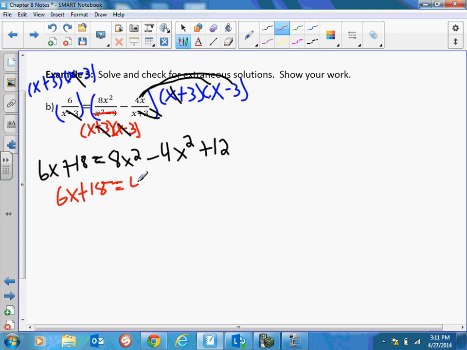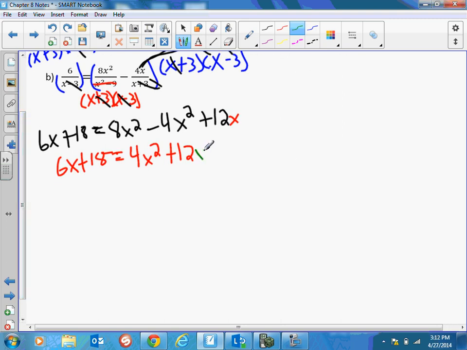8x squared minus 4x squared is 4x squared. Plus, that should have been 12x. Negative 4x plus negative 4x times negative 3 is negative 1. So plus 12x. Okay. Next thing we need to do is set it equal to 0. We got our x. Okay, so let's subtract 6x